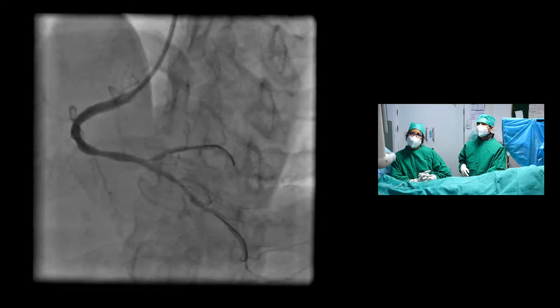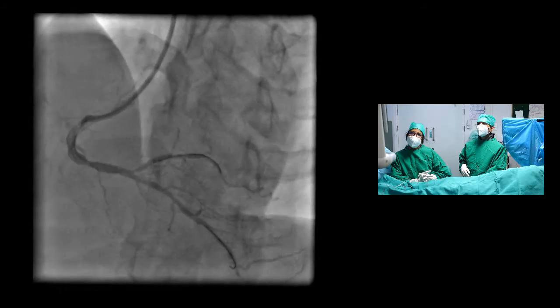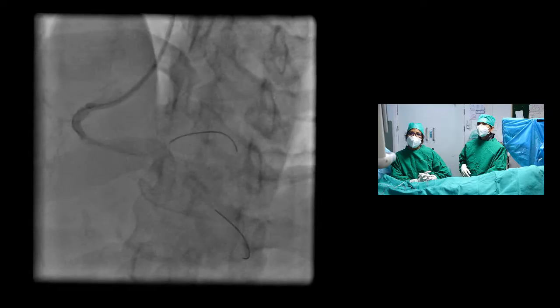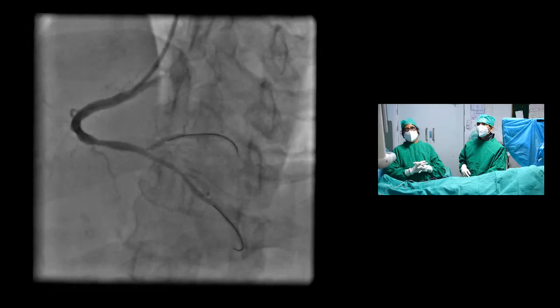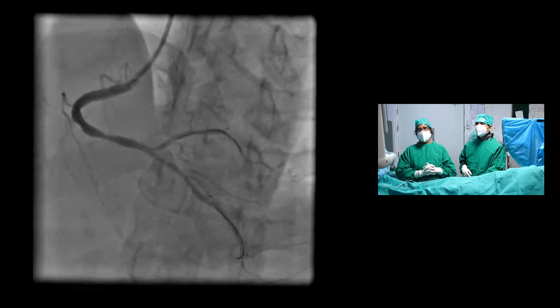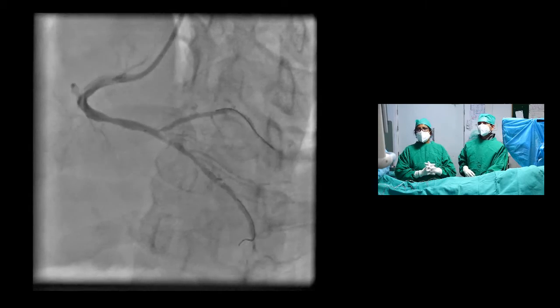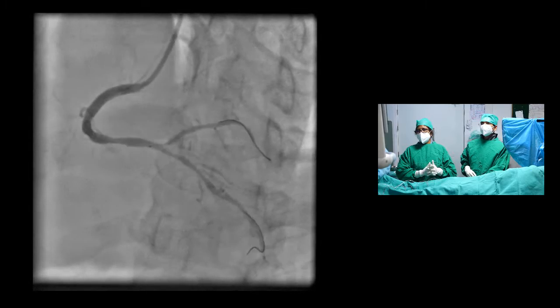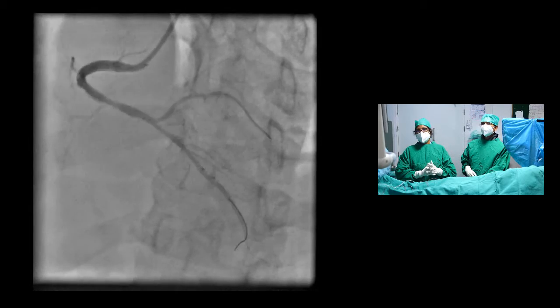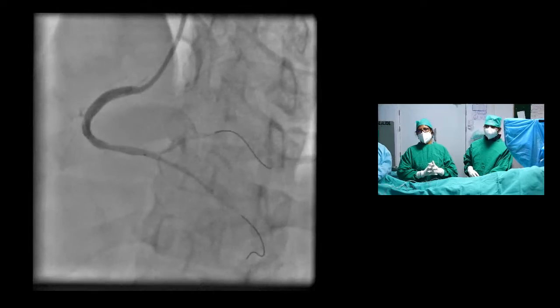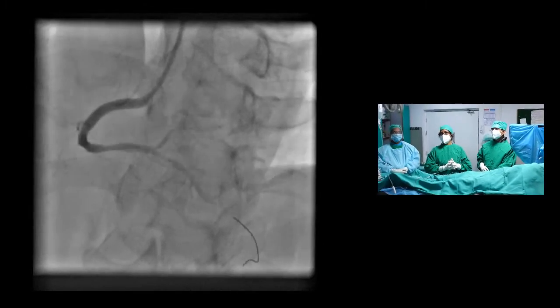As you have noted, we wired the PLV branch also, and now we are taking a 3.0 x 28 stent across, and we have noted the distal RCA lesion, and we have found that there is no vulnerable plaque. There is a plaque, but we don't find any thin cap fibroatheroma or anything which would suggest a future rupture.